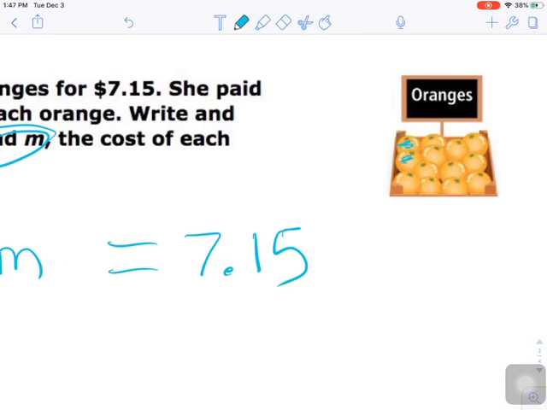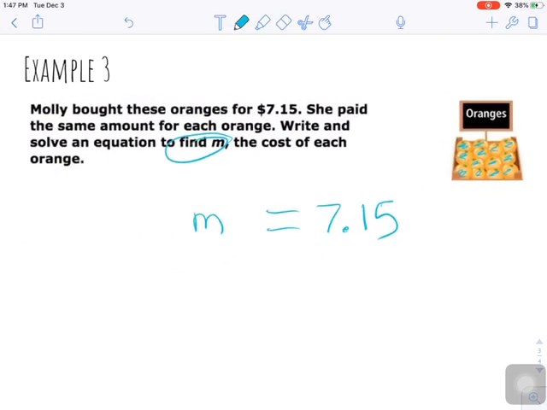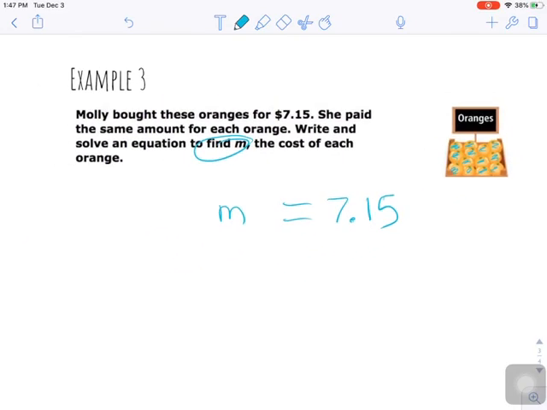So we have 1, 2, 3, 4, 5, 6, 7, 8, 9, 10, 11, 12, 13. So you have 13 oranges. They each cost the same amount. So to figure out how much total we have, we're going to be multiplying. So we're going to do 13 times M, or just 13M, equals how much we paid, $7.15. So to figure out how much this one is, we're going to divide here. So we're going to divide by 13 on both sides. These 13s cancel out, so I'm left with M equals